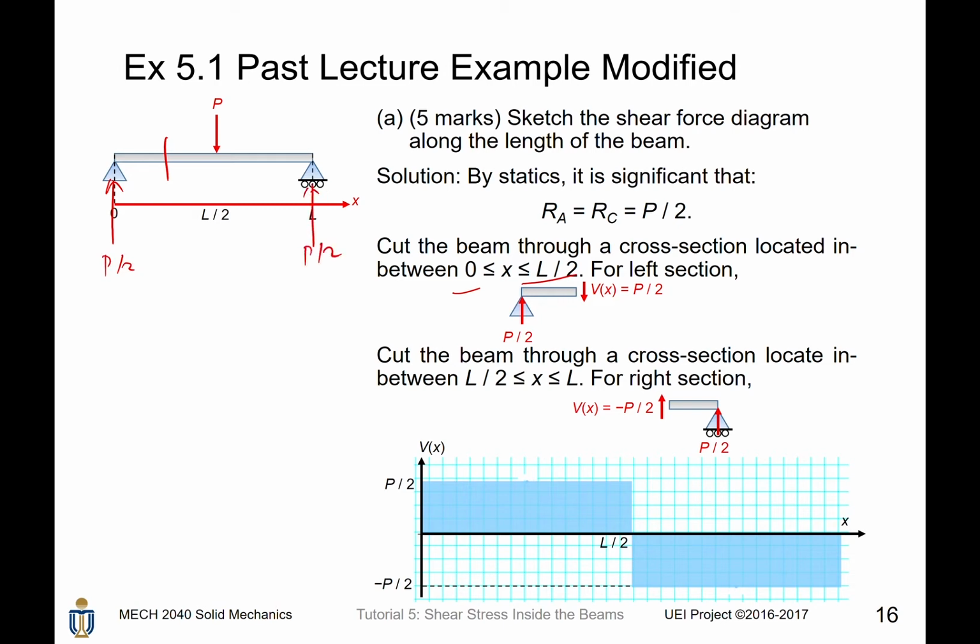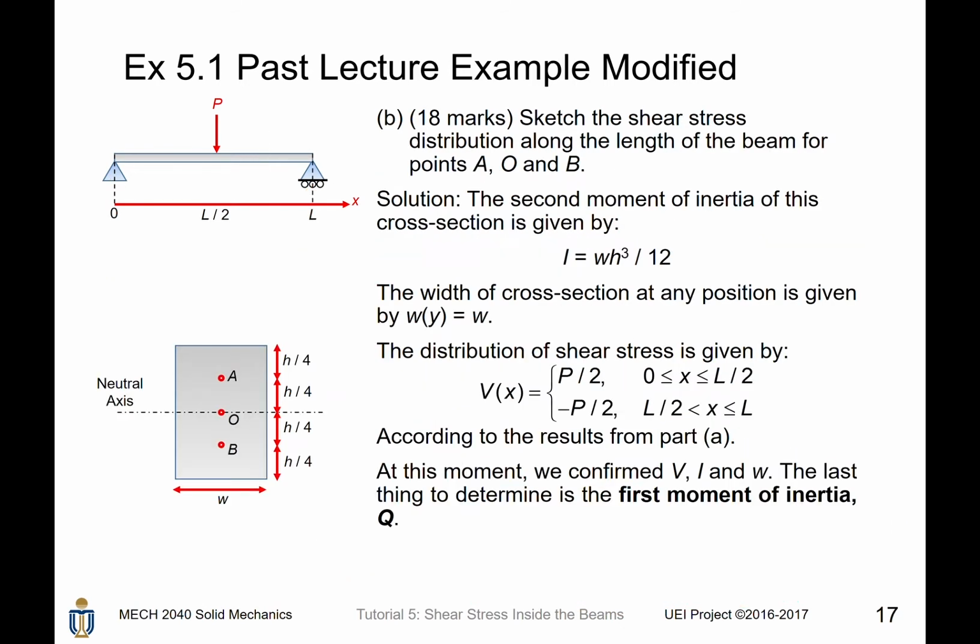So for the left section, the Vx is P/2, and if we cut the beam on the right hand half like this, then the shear force inside the beam will become minus P divided by 2. Then we can sketch the shear force diagram along the length of the beam like this. It is quite simple. Next, you are required to sketch the shear stress distribution along the length of the beam